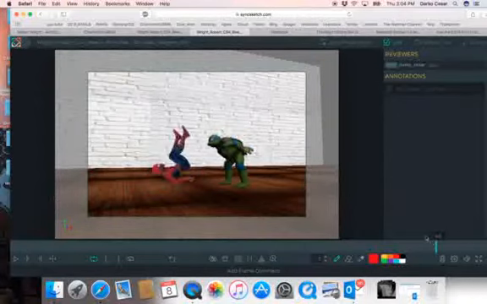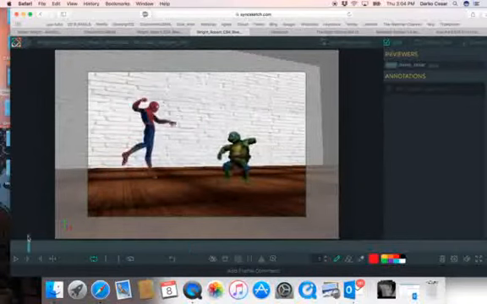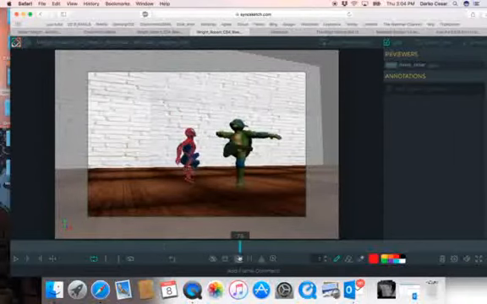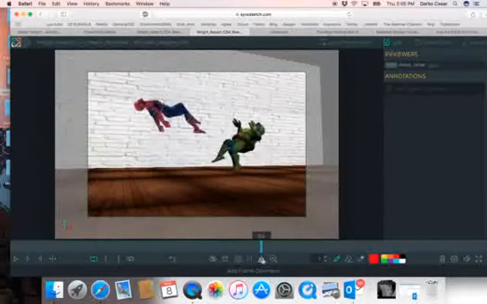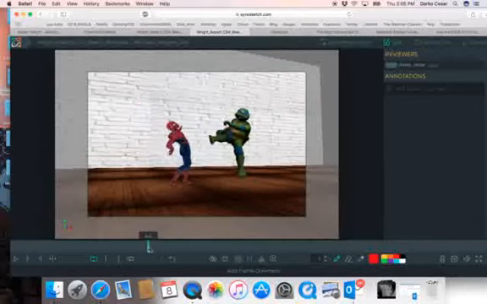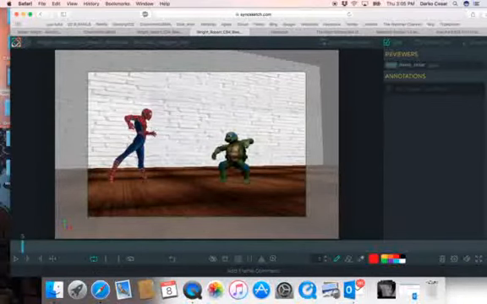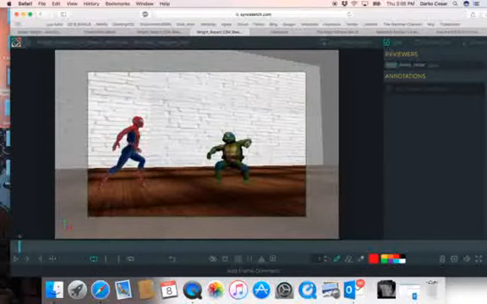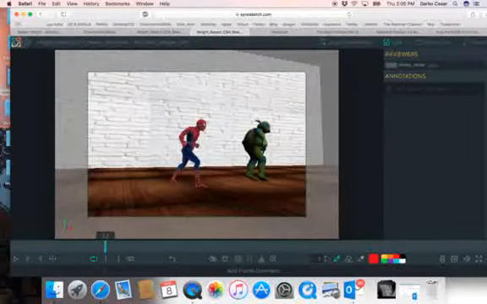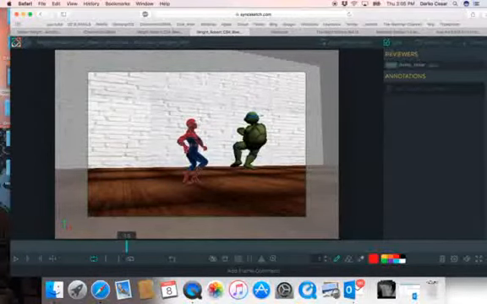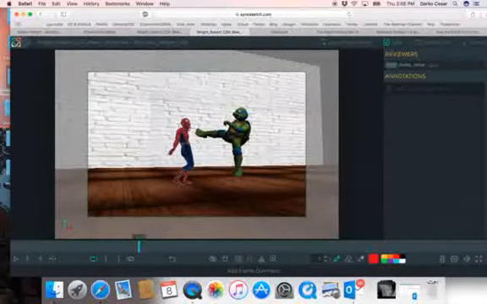So let's talk about it. You said you're primarily concerned with the Spider-Man. All right, so we're going to talk about Spider-Man, but before we start with Spider-Man, I just want to say, before I forget, that in the case of the turtle, it seems to me that you didn't address some of my notes, because when he's swinging here, for example, he is supposed to be on the toes. I mean, on the ball of the foot, right?